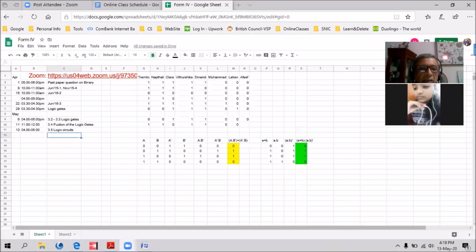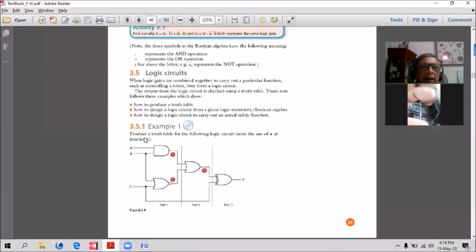Yeah, 3.5 logic circuits. Our textbook. It's 3.5 logic circuits. Can you see my screen? Yes, sir.